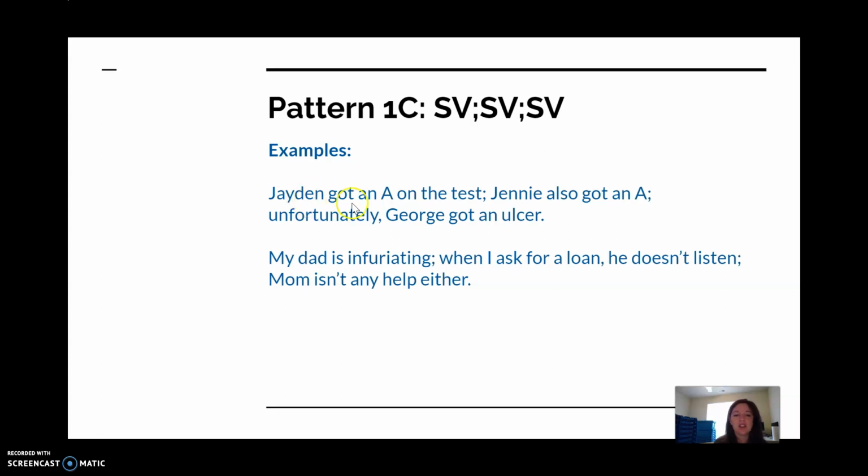So it's the idea that Jaden got an A on the test. Jenny also got an A. So we see the parallel structures on these. And then the humor comes from the use of parallel structure where George, he got an ulcer. So instead of an A, it changes to an ulcer and the humor comes out of that. And so the use of this semicolon helps build the humor, where it indicates that each of these parts are very closely related. They're closely related, but then it has this kind of switcheroo at the end that creates the